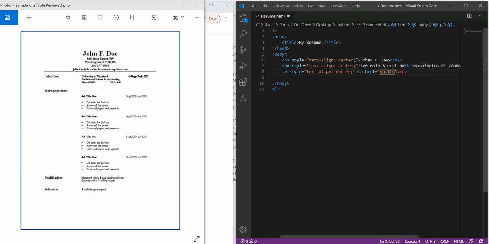This URL is used for mail addresses, then a colon, and here we write the email address. The email address is john at the rate of download resume template.com.